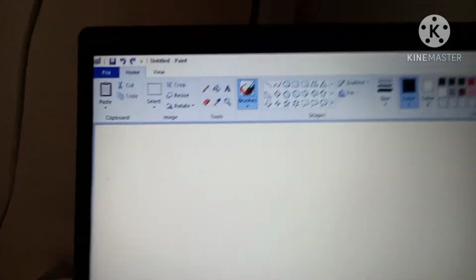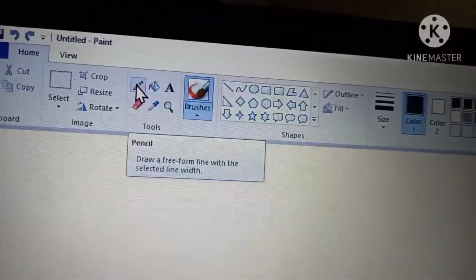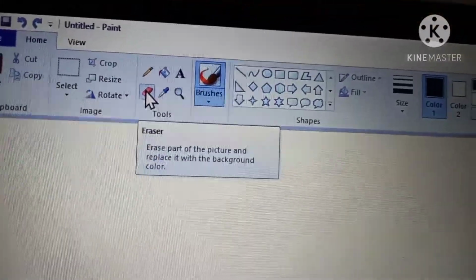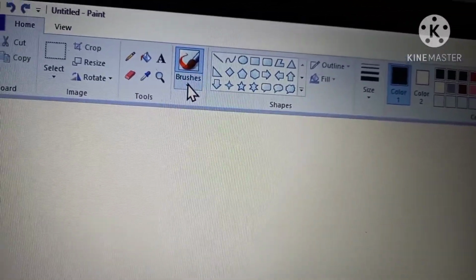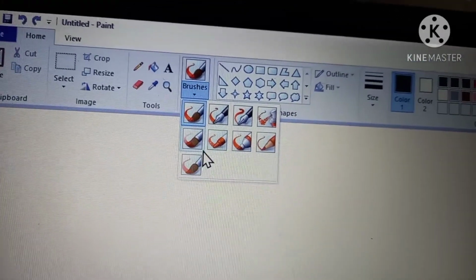Now let us see some of the tools in paint. This is pencil. Okay. This is eraser. This is brush. Here if you click, you will get types of brushes.